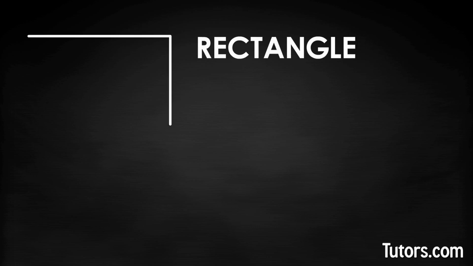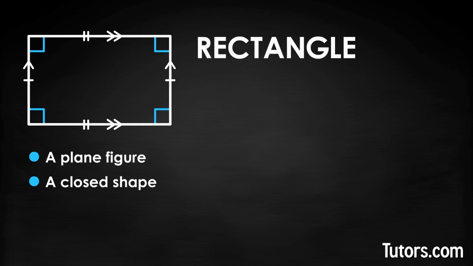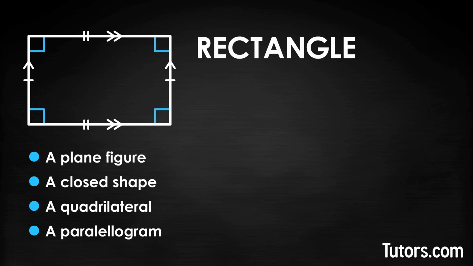For a shape to be a rectangle, it must be a four-sided polygon with two pairs of parallel congruent sides and four interior angles of 90 degrees each. If you have a shape that matches that description, it is also a plane figure, a closed shape, a quadrilateral, and a parallelogram. The four sides of your polygon, to create two pairs of parallel sides, must also be two congruent pairs. The base and top will be equal in length, and the left and right sides will be equal